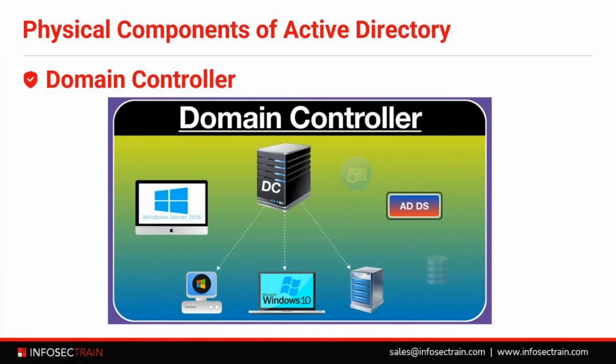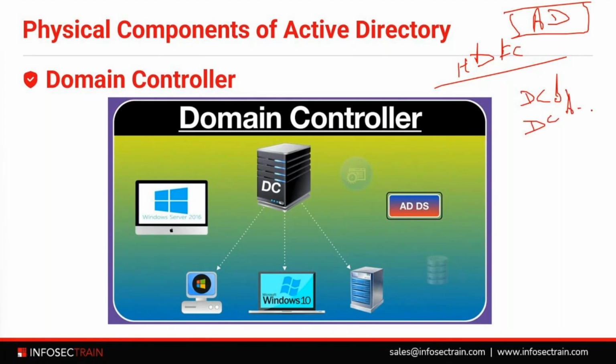Yes, high availability is required for the domain controller because that is the one which is managing the whole infrastructure behind, right? If I'm talking about a bank, let's say HDFC Bank, it has multiple branches, right? So there will be one Active Directory, a centralized directory, which will be managing the whole bank, but there will be multiple domain controllers in different cities, right? So every single domain controller is managing a branch. In the branch, you have a domain controller. The domain controller is part of the main Active Directory which is running in the head branch,